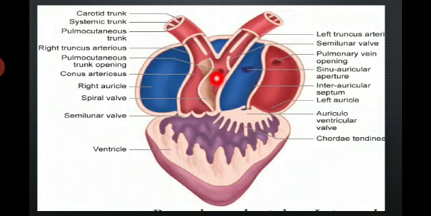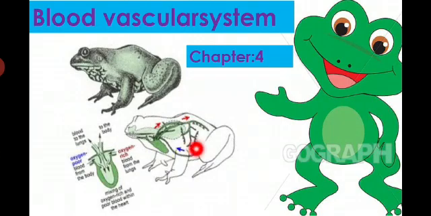So the frog's circulatory system does not need as much oxygen-rich blood in the body because they get oxygen from two sources, their lungs and their skin. Both oxygen and carbon dioxide are able to transfer through the skin of frogs. Okay? So commonly we have to term it as a three-chambered heart that works in frogs